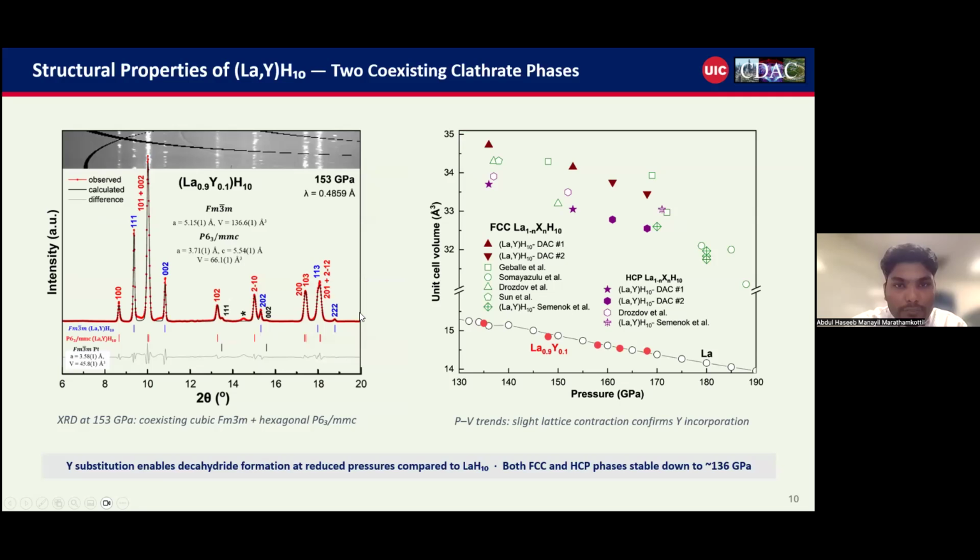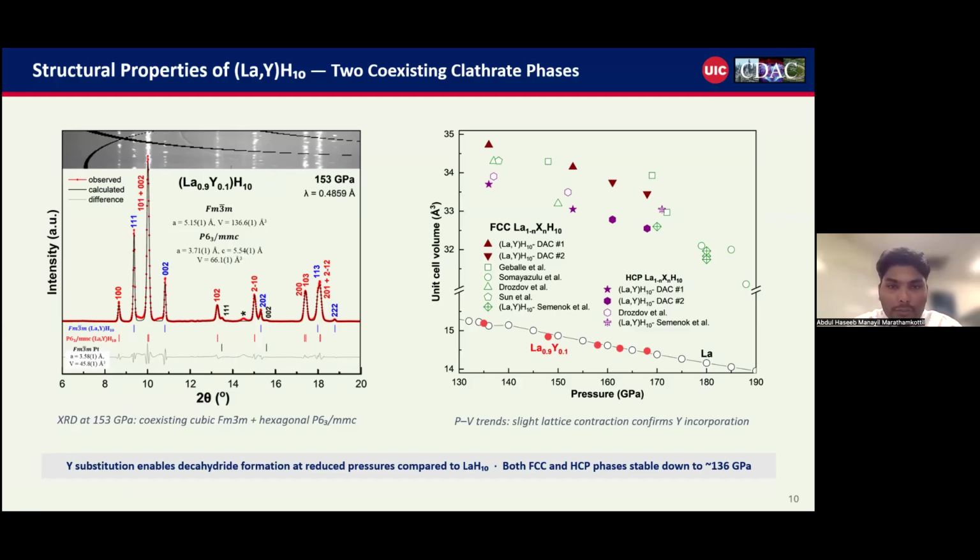So what actually formed? This is the Le Bail refinement of the diffraction pattern at 153 gigapascals. The red curve is the observed data, the black is the calculated fit, and the gray below is the residual. And the answer is two phases simultaneously. The dominant reflections index to the cubic Fm-3m structure, the same structure as pure LaH10, with a lattice parameter of around 5.115 angstroms and a unit cell volume of 136 cubic angstroms. We also clearly see a second set of reflections belonging to the hexagonal P63/mmc structure, with a volume of